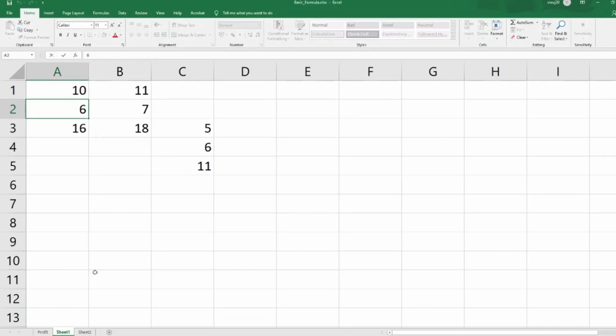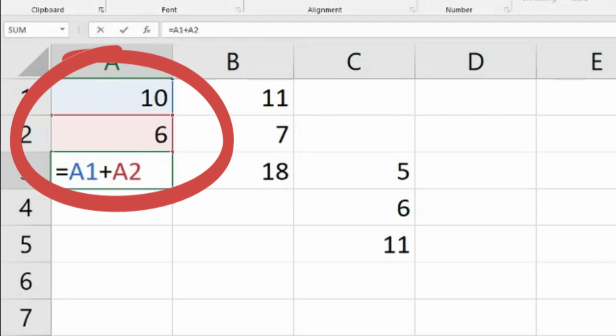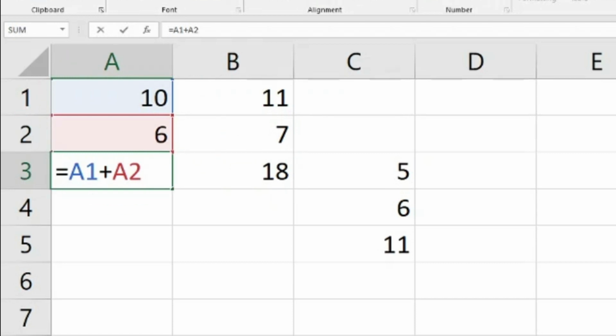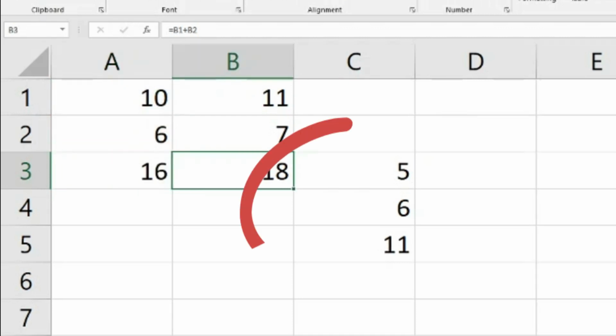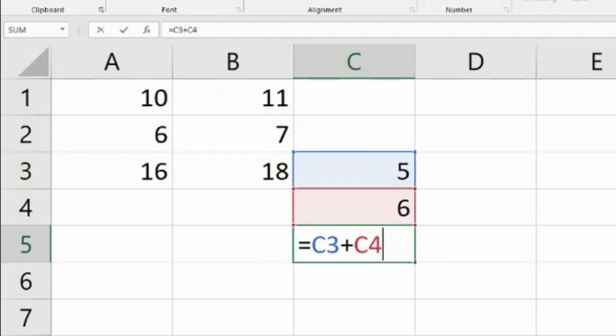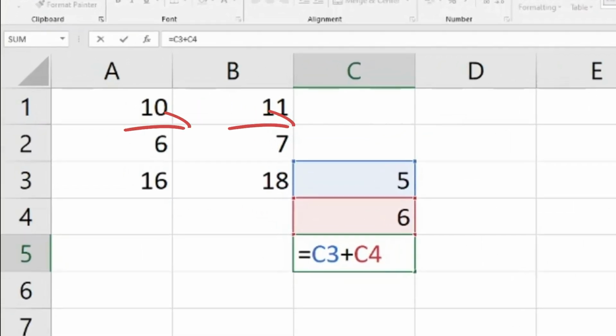Earlier, when we were in A3, the formula said A1 plus A2, so it meant the 2 cells above the cell A3. So in C5, if I show you, it says C3 and C4, because the references A1 and A2 also understood the same thing, that we have to move 2 columns to the right and 2 rows to the bottom. So hence this is the referencing.